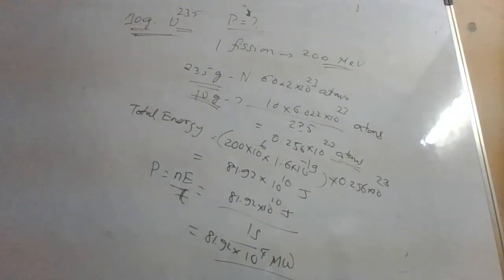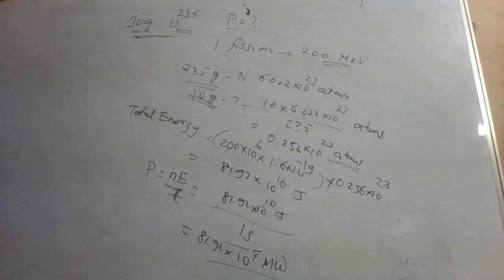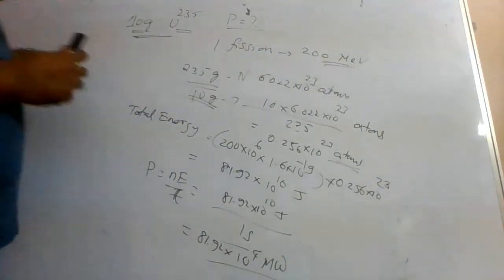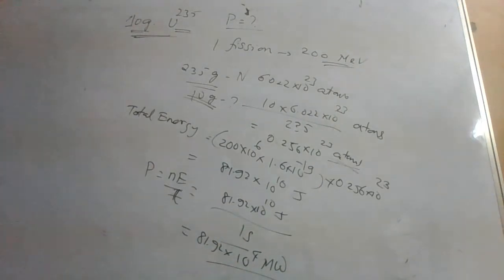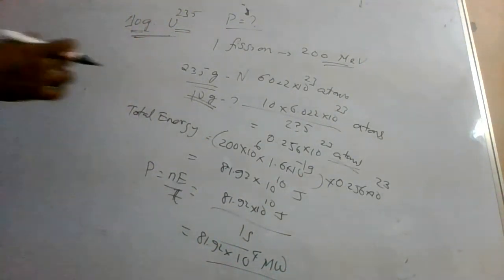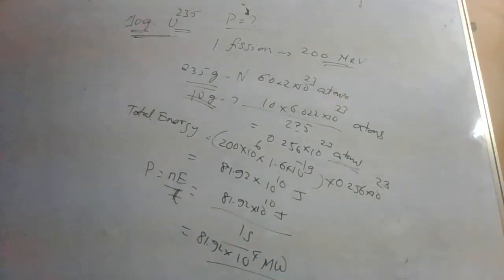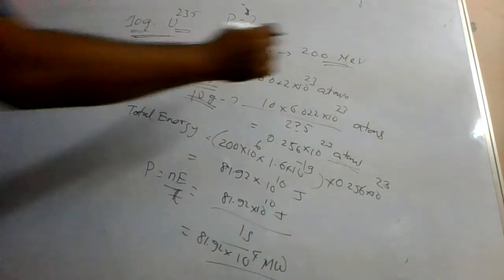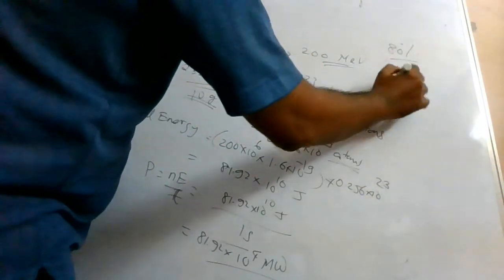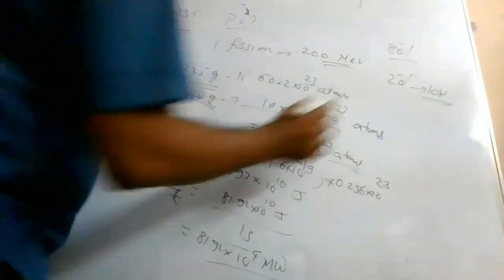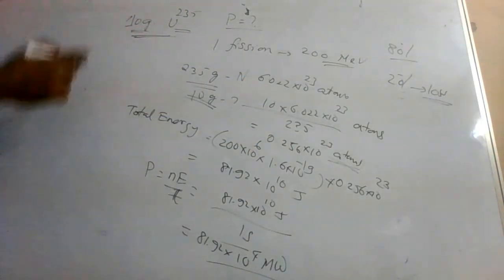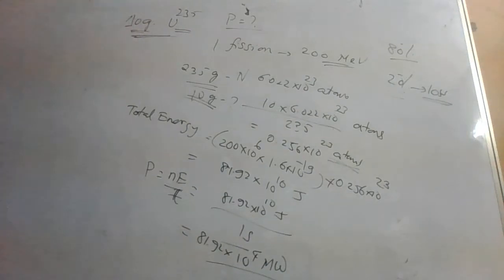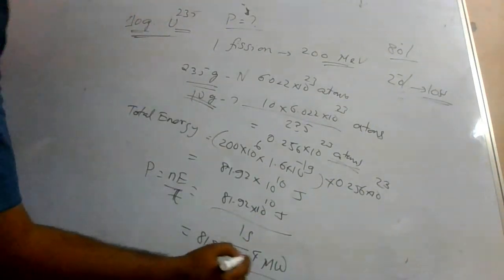Sometimes what happens is, like I was telling you, the fission process is creating this much energy, but the entire energy need not be converted into usable nuclear power. Now, 200 million electron volts is created, but there can be losses too. If the plant efficiency is 80%, that means 20% is lost. In the plant 100 units were produced but 20% went into losses, so 80 remained. So if the question says the plant efficiency is 80%, then the power output will be this value multiplied by 80/100.